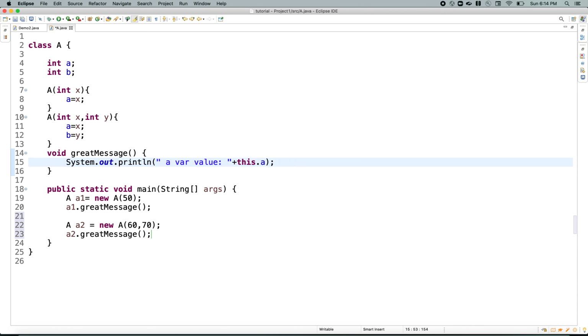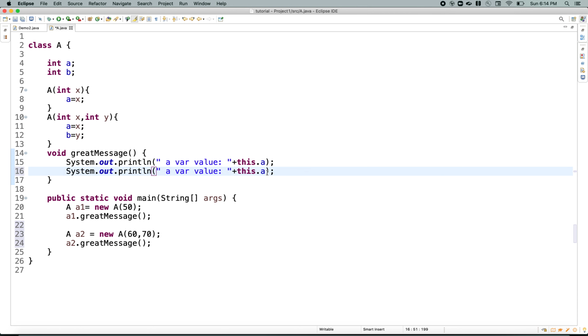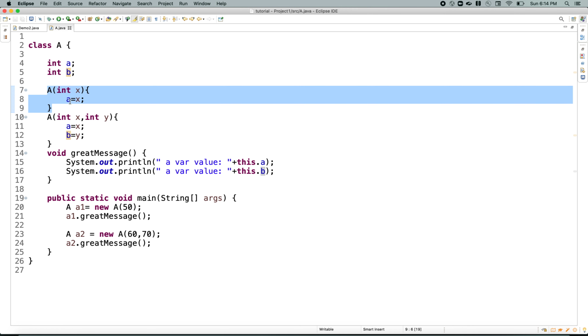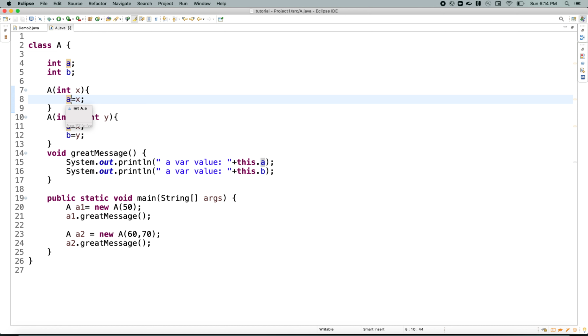Let's also modify the greet message method by printing the b variable value also. In the first case we are not passing the b variable value, so it will just assign the value to the integer variable a.